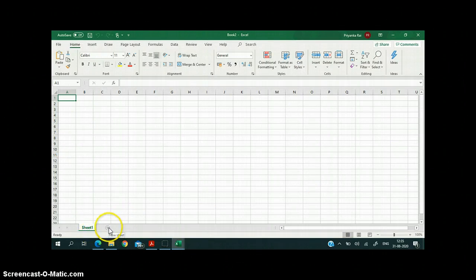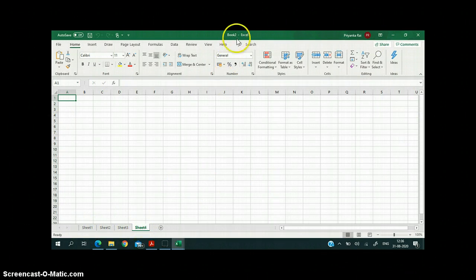If you want to add, you will click on this new sheet. Now sheet 2 is there. If you want to add more, ऐसे आप you just have to click on this plus button and more sheets can be added. Now there are 4 sheets. There are 4 worksheets in this workbook 2.